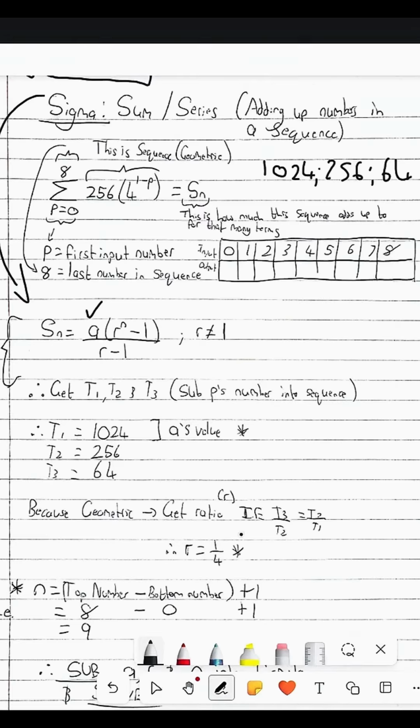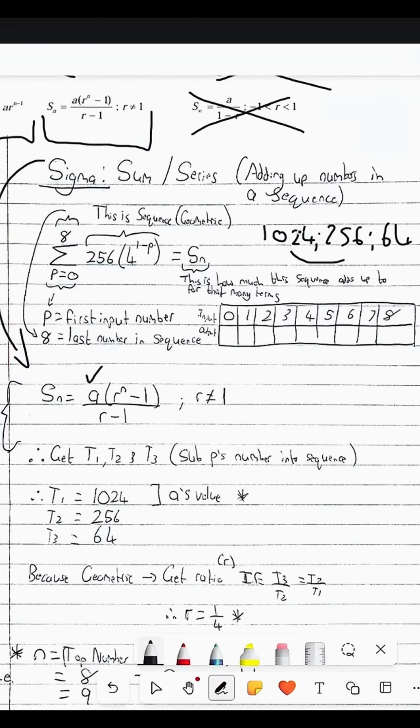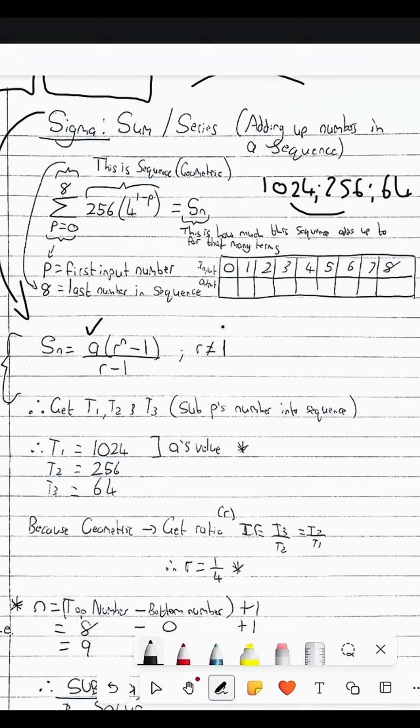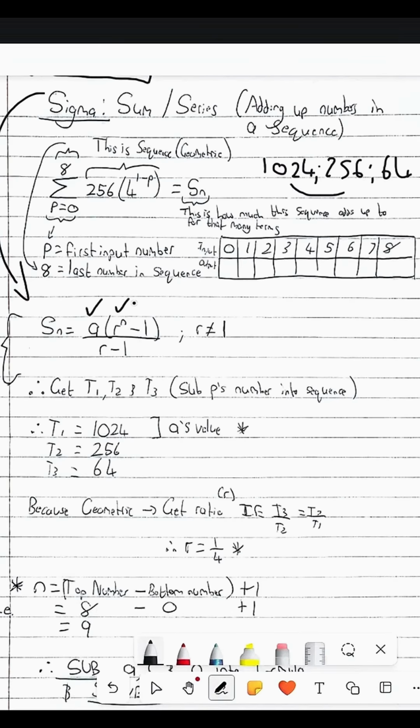We have all three terms because we need to go t3 over t2, t2 over t1 to get our ratio. We will get the same value on both sides, and our ratio is how much we multiply the first term by to get the second term, and so on. So at this stage, we have our a, we have our r, all that's left is our n,